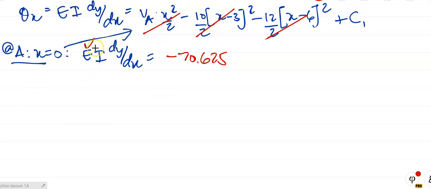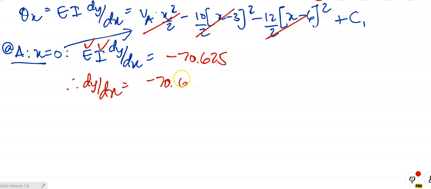Alright, we know what E is: 200,000 newtons per millimeter squared. What's I? I is 65.4 times 10 to the power 6 millimeter to the fourth. So therefore, if we make dy/dx the subject of the formula and put all the values in, we can determine the slope at x, and that will be job done for that beam. So therefore, dy/dx